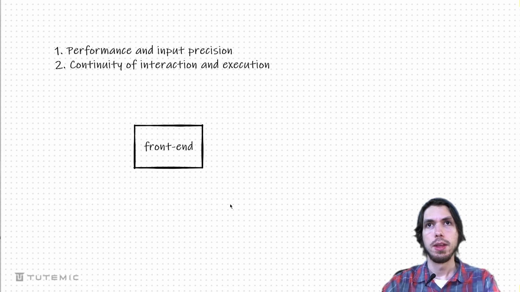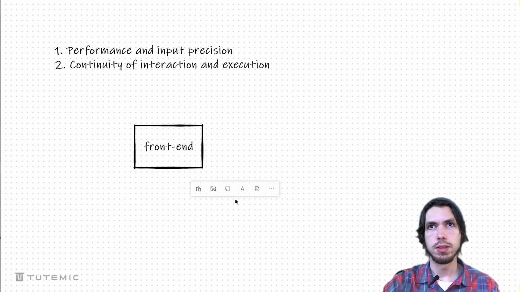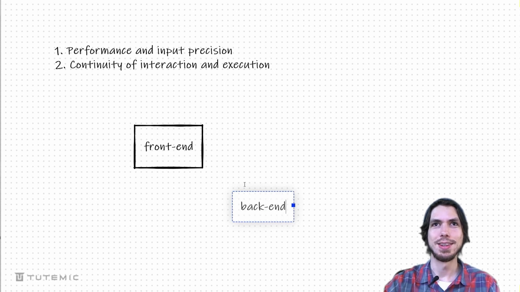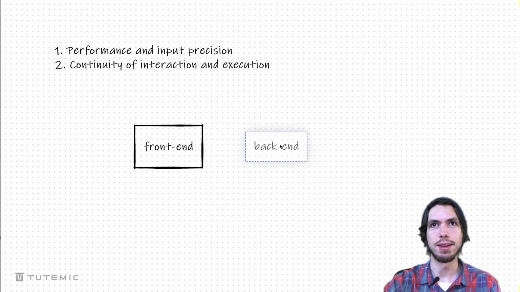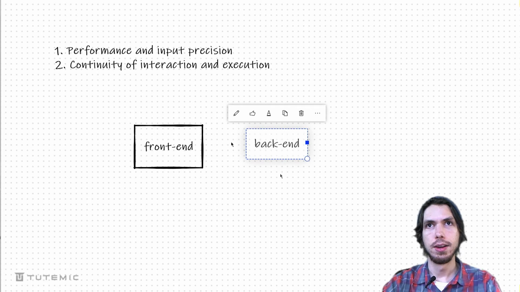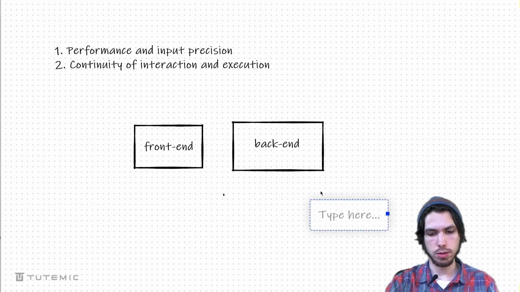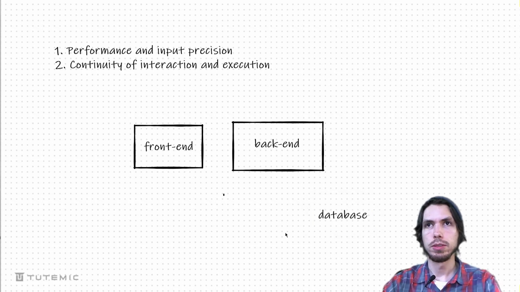And then, just to keep things simple, there's the back end. There's the front end and there's the back end. And I'm just going to try to draw another rectangle. Beautiful. All right, so there's the front end and the back end, but then there's other things, right? There's like a database. So I know you might say, well, it's part of the back end.